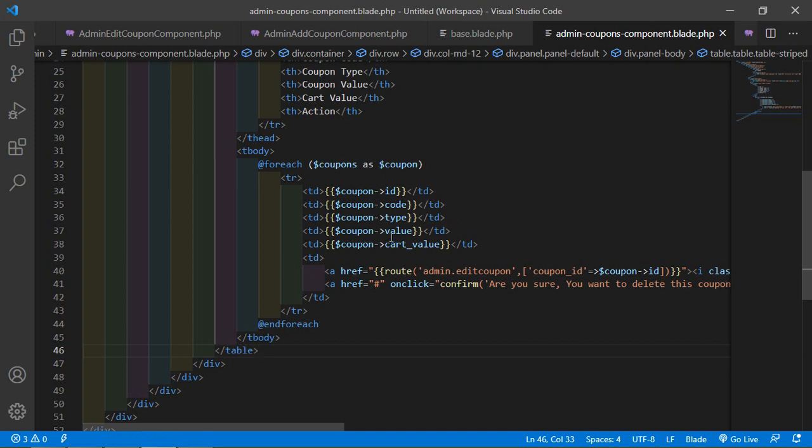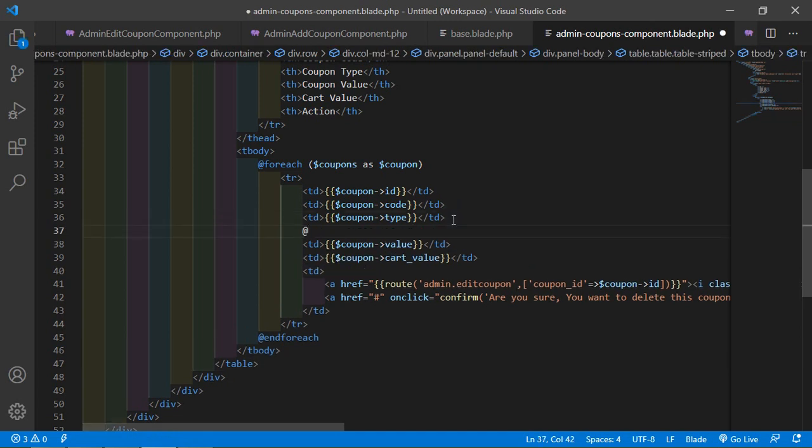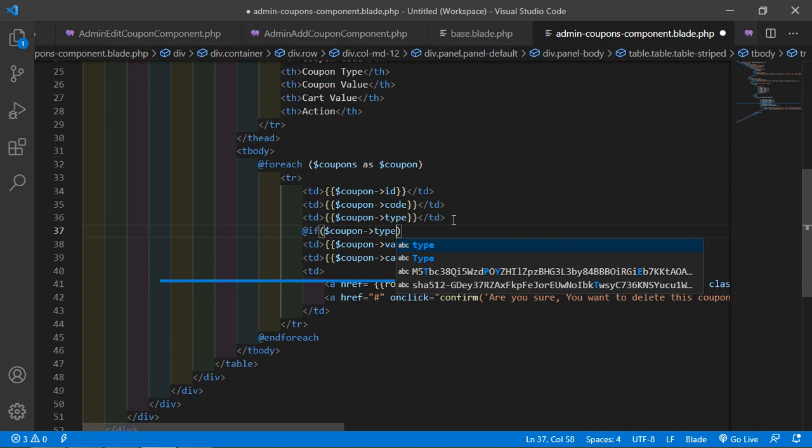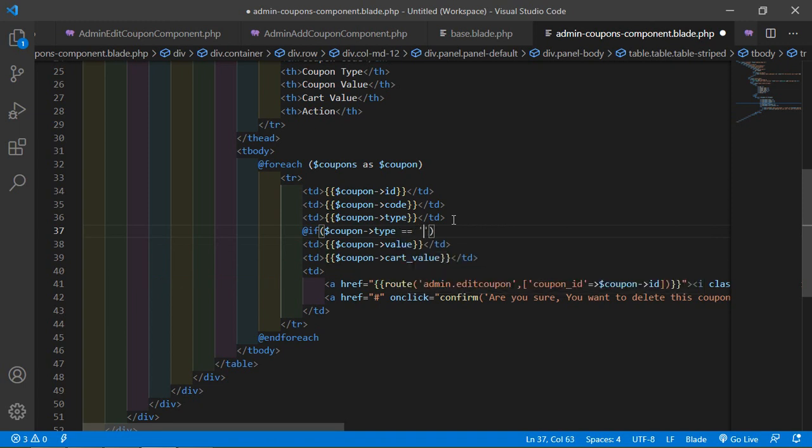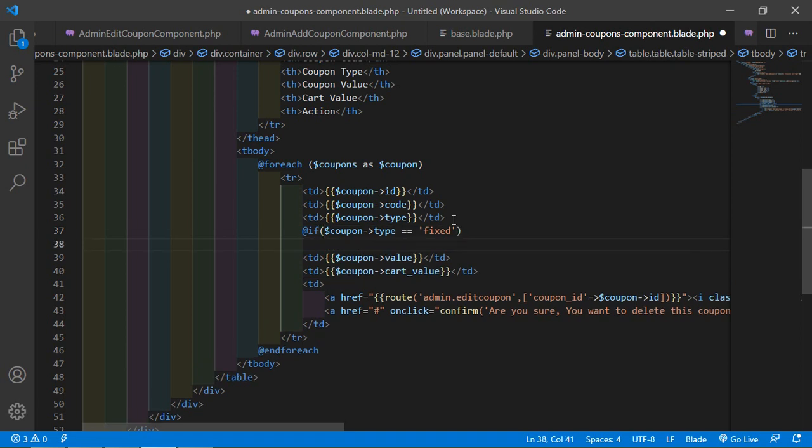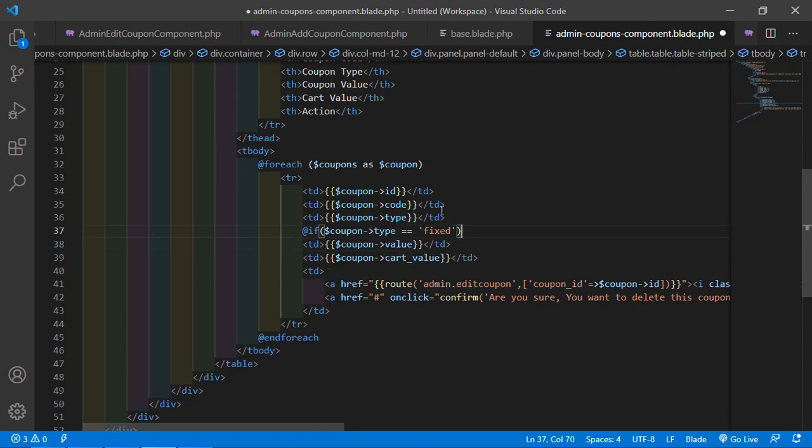Now before this value, let's add here the if directive, and let's check here coupon->type is equal to fixed, okay, then just print here the coupon value with dollar sign.